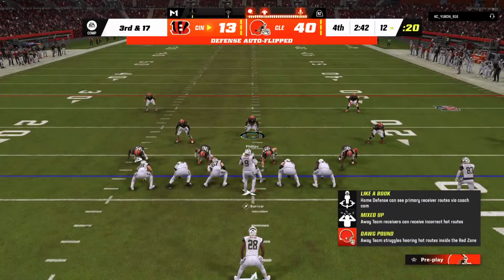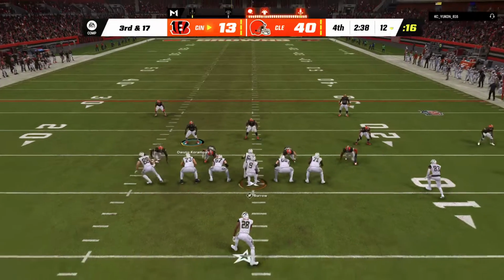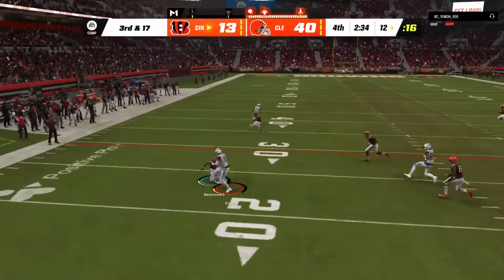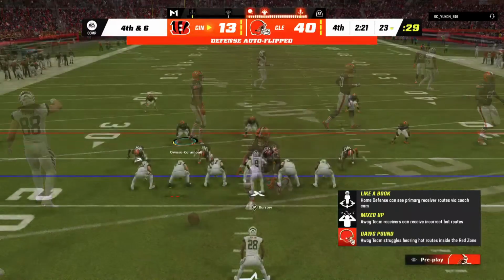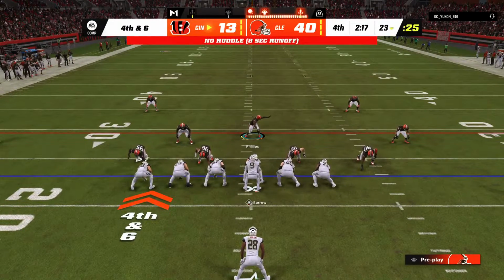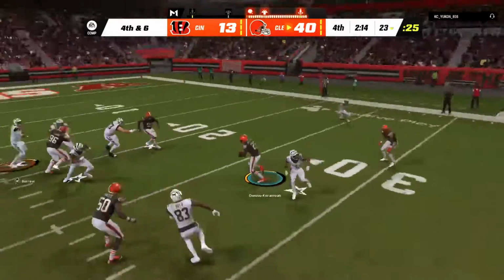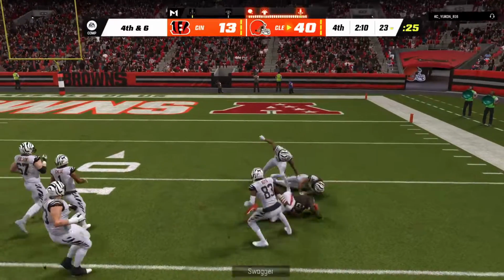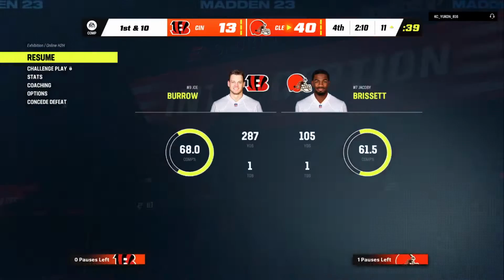Here we go. So that'll leave Burrow and the Bengals with a 3rd and long after that sack we just saw. Back to throw here. He completes it to Boyd. And he'll get this to the 23, but that'll be well short of what he needed. Here we go. It's Burrow on 4th down. And now here is another interception. Picked up by Jeremiah Owusu-Koramoah. And he will bring it back to about the...